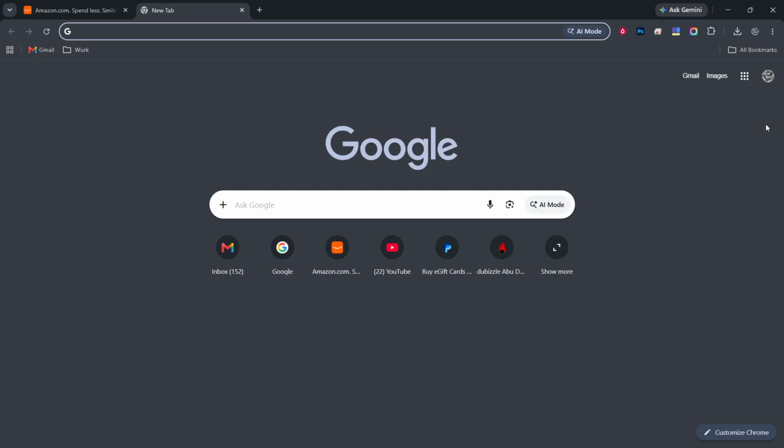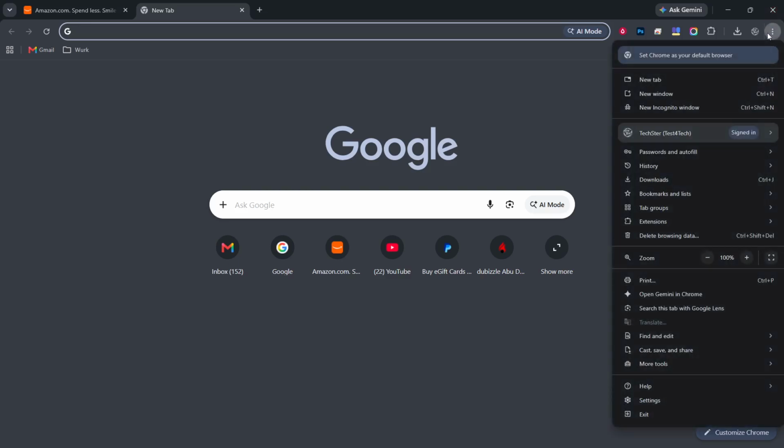Now move to that upper right corner and click the three-dot icon. This opens a drop-down menu with several rows of options, including items like New Tab, History, and Downloads. Take a second to confirm that the menu is actually open before you continue. Many beginners click slightly too high and miss the button, so if nothing appears, just click the three dots again until the menu is clearly visible.